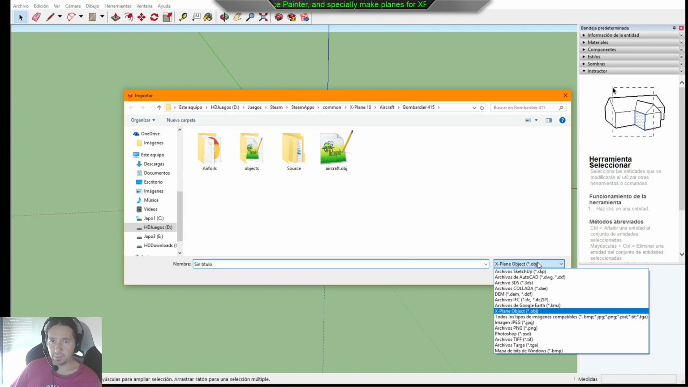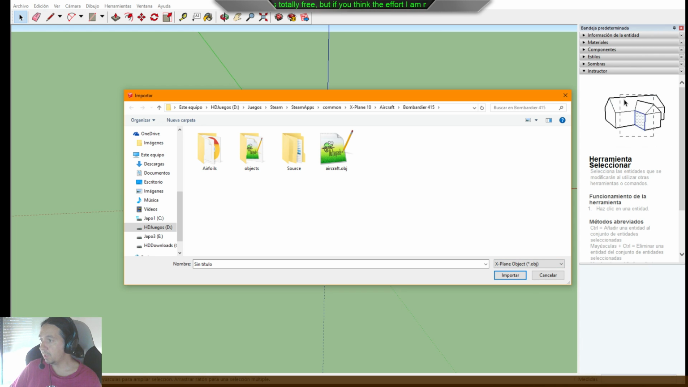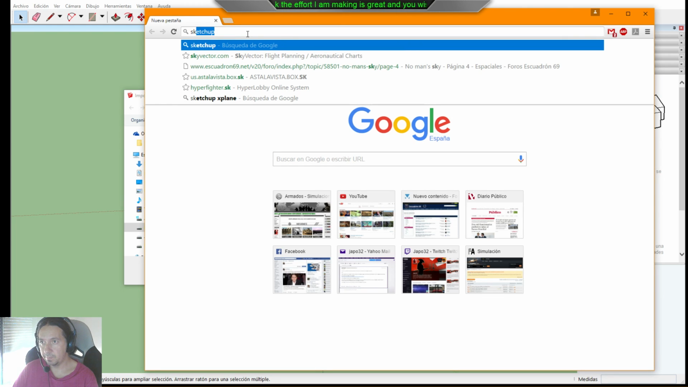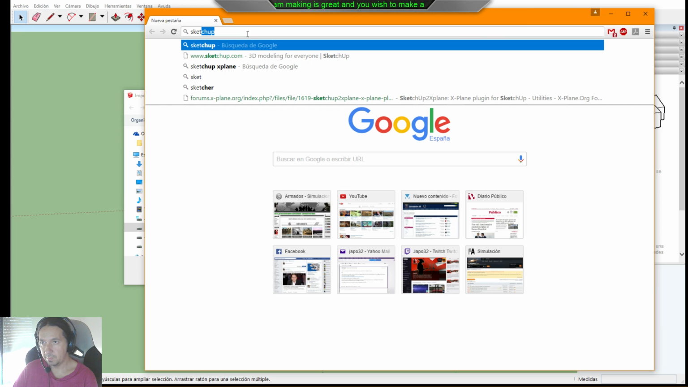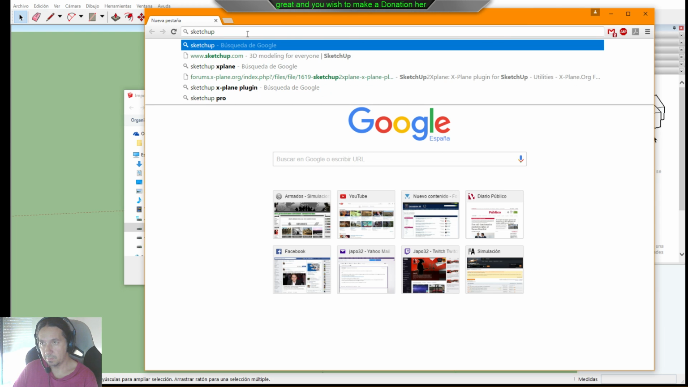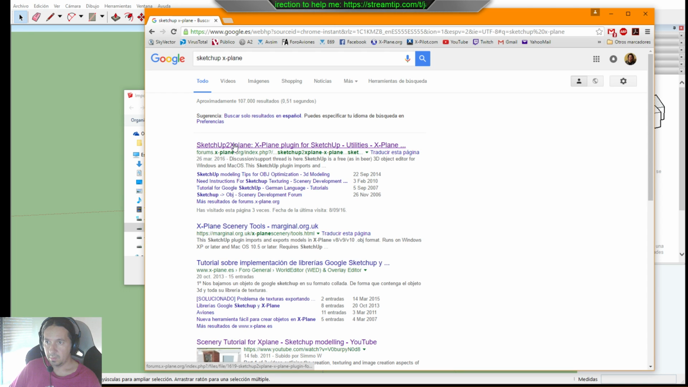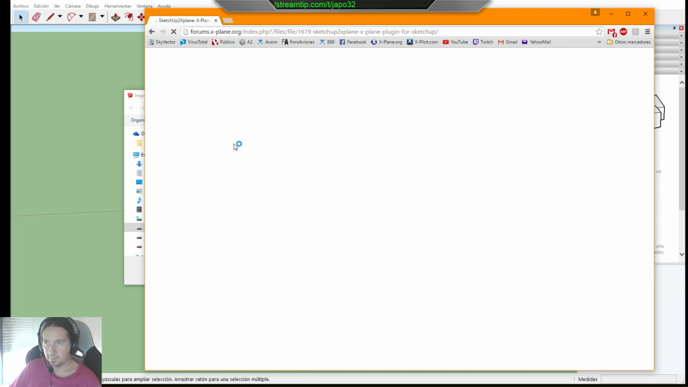I have to have this option. If you install SketchUp, you are not going to have this option. So the better thing you can do to get that option is going to Google and searching SketchUp X-Plane, SketchUp X-Plane, and you go, I think, to the first one here,